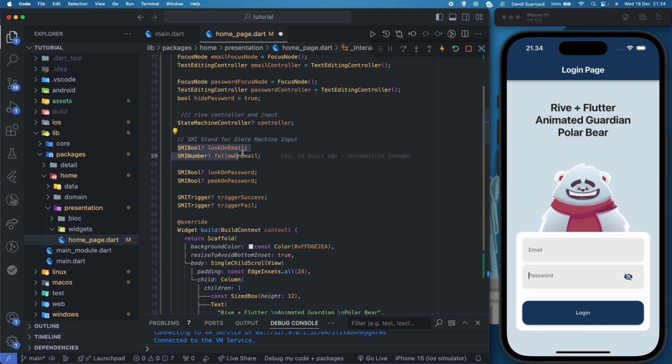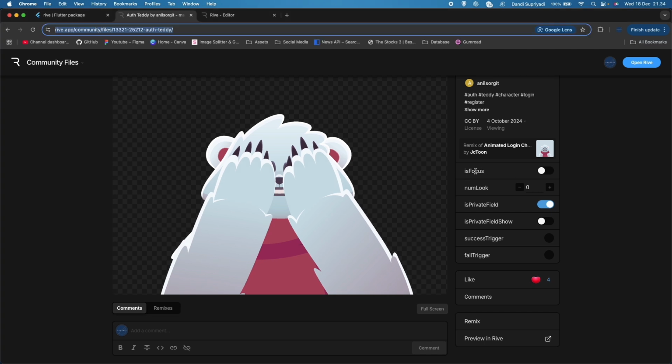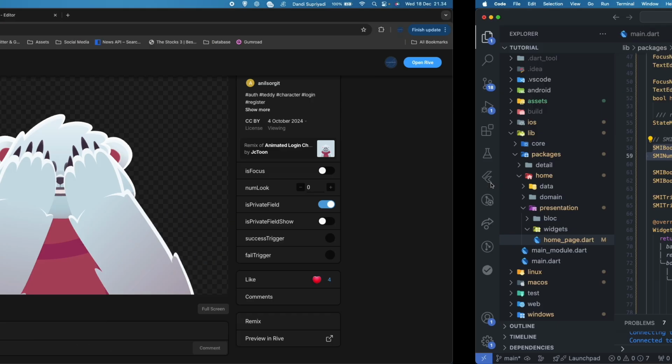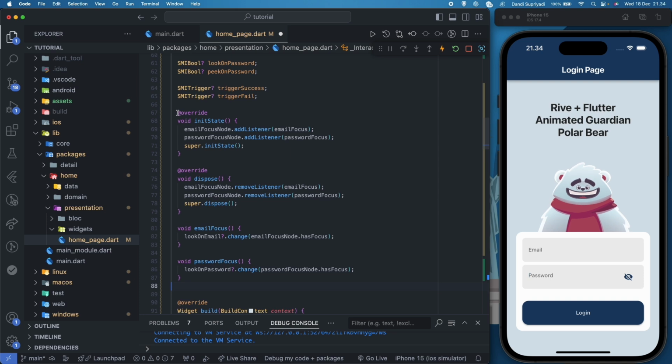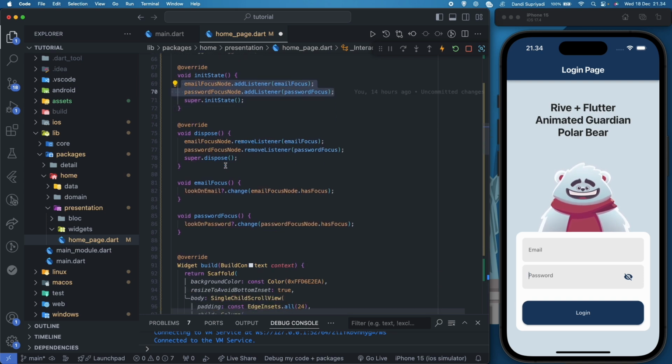We will have six state machine inputs, because in here we also got six. For each of the inputs, we are going to have a variable. Then we have this code. On init, we add a listener to the password and email focus nodes, and on dispose we also remove the listener.